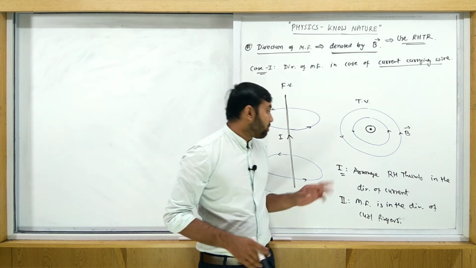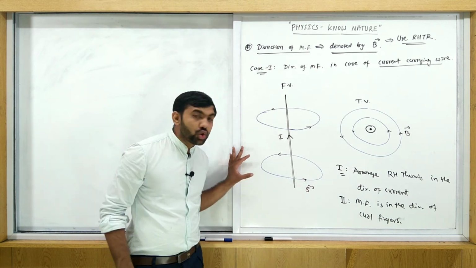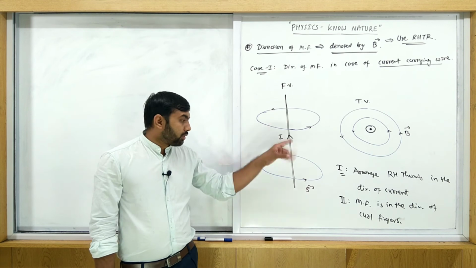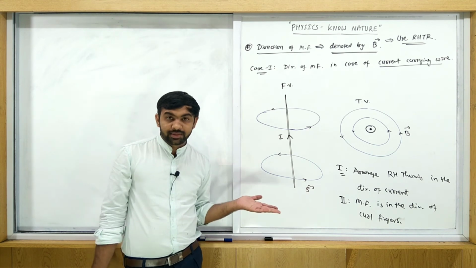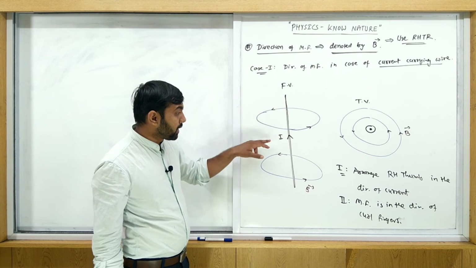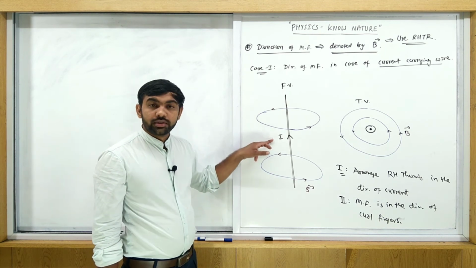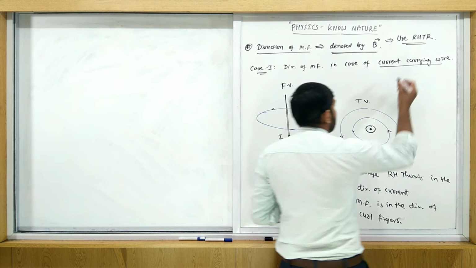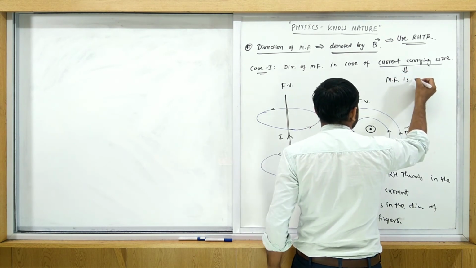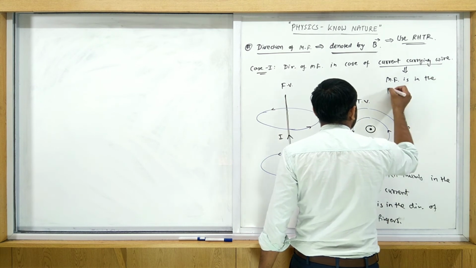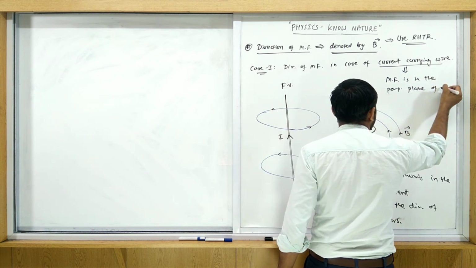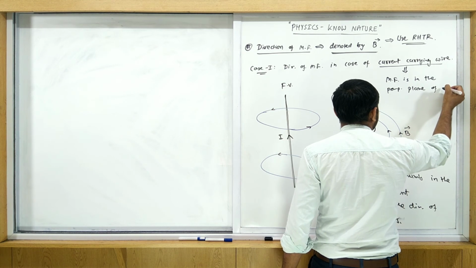Okay. So actually magnetic field is in a perpendicular plane. Magnetic field is in the perpendicular plane of the wire. Right, now the situation is like this. So this magnetic field is in the perpendicular plane to the current. So simple one. Here in this case magnetic field is in the perpendicular plane to the